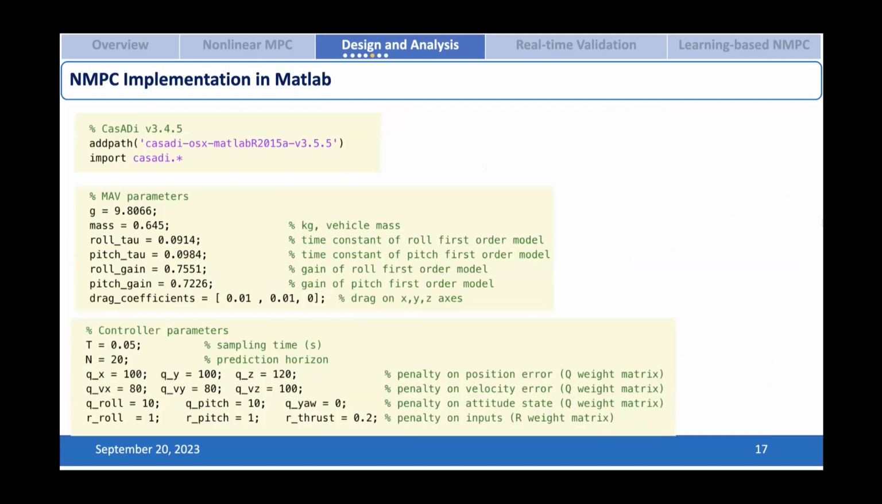And in this one, as I mentioned, we are using CasADi. For CasADi, we don't install it. We just download the package and import it to MATLAB. And then we define our system parameters, and then we define our control parameters. We define the sampling time, prediction horizon, and all the bounding or the weighting parameters, which are the Q and